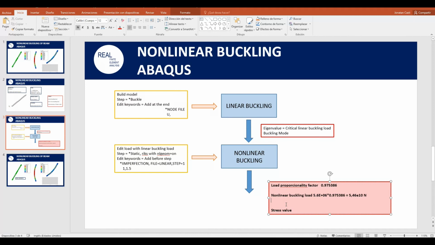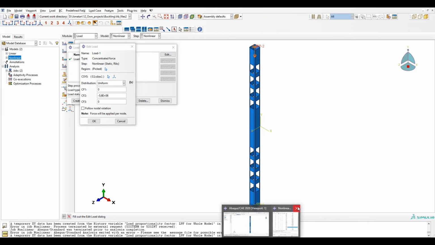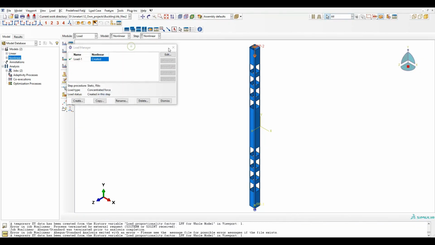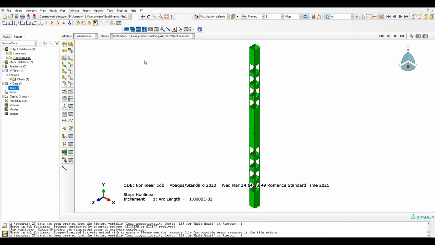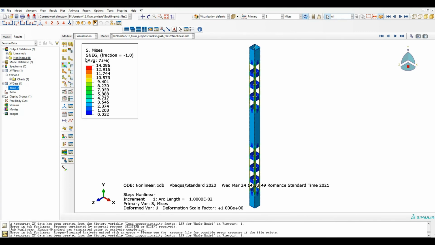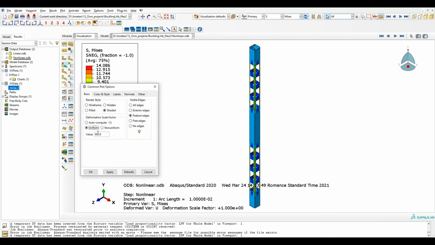What we need to do is just check the stress value at that step increment. So I will close this. Need to go to job, results. Let's check the deformation.